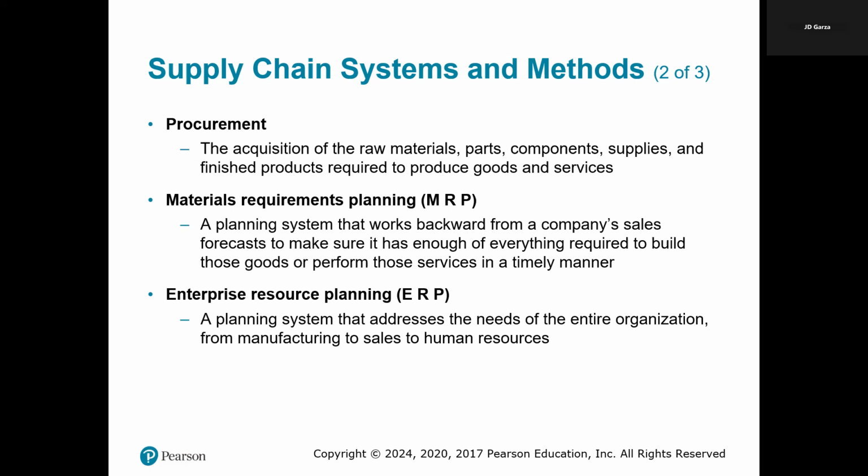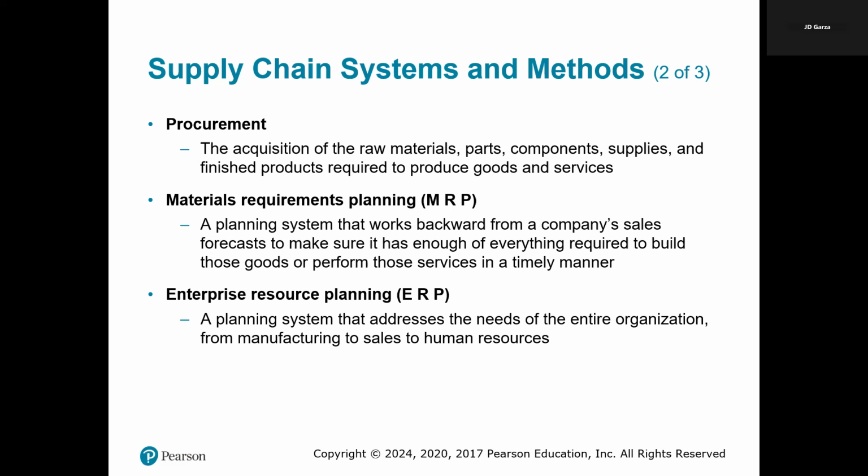Then you have enterprise resource planning, known as ERP. And this is like having a control tower for the entire organization. It's a comprehensive system that integrates all parts of the business, let's just say from manufacturing to sales, even HR. ERP doesn't just manage resources, it ensures that all of the departments communicate seamlessly to create efficiency and alignment across the board. Picture it as a central nervous system. Just as the brain sends signals to coordinate body movements, ERP also coordinates processes to keep the business running smoothly.